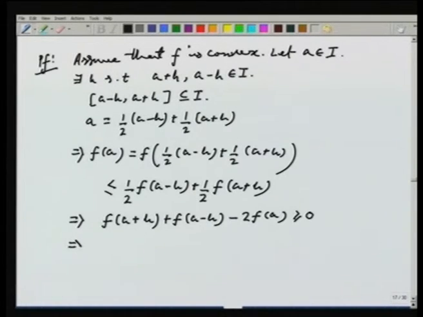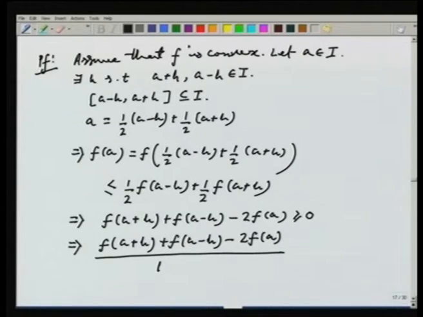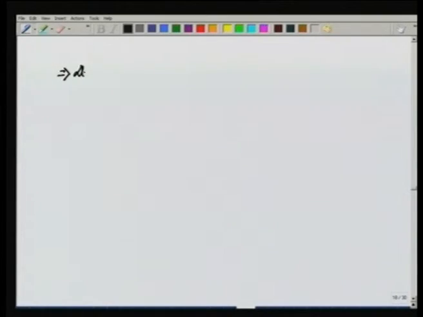Now, this would then imply, if I divide by h square, which is anyway non-negative, that f of a plus h plus f of a minus h minus twice f of a, divided by h square, is also bigger than or equal to 0, as h square is bigger than or equal to 0. Now, since this is true for all small h, this would certainly imply that limit h going to 0